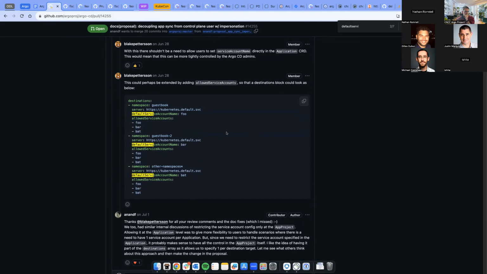In my opinion, okay, so default service account name, allowed service accounts. How do I know which of foo or bar is going to be used for my particular application? Yeah, that would be specified in the application destination section. So you specify the target server, the namespace, and along with that, you need to specify the service account to use, whether it's foo or bar.